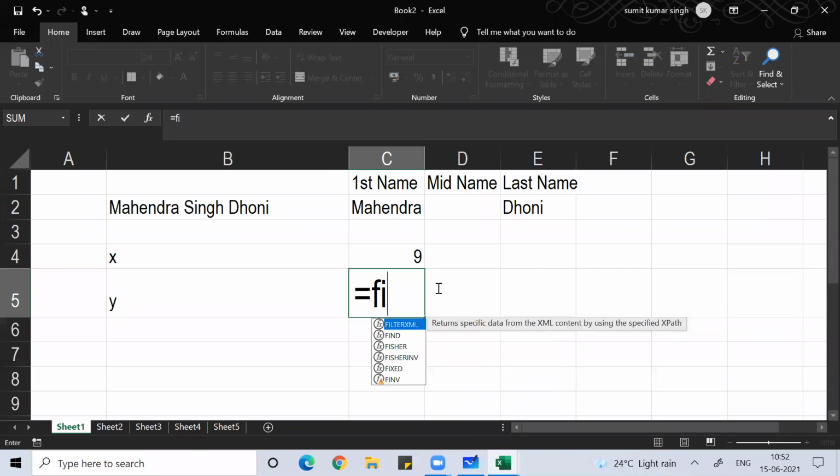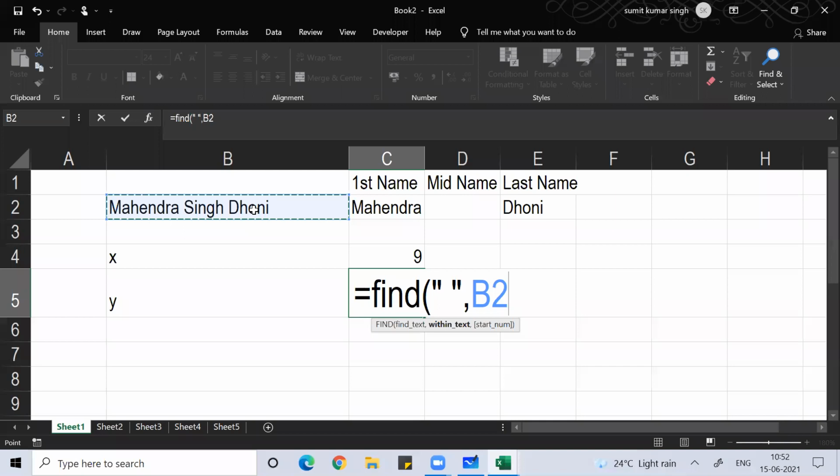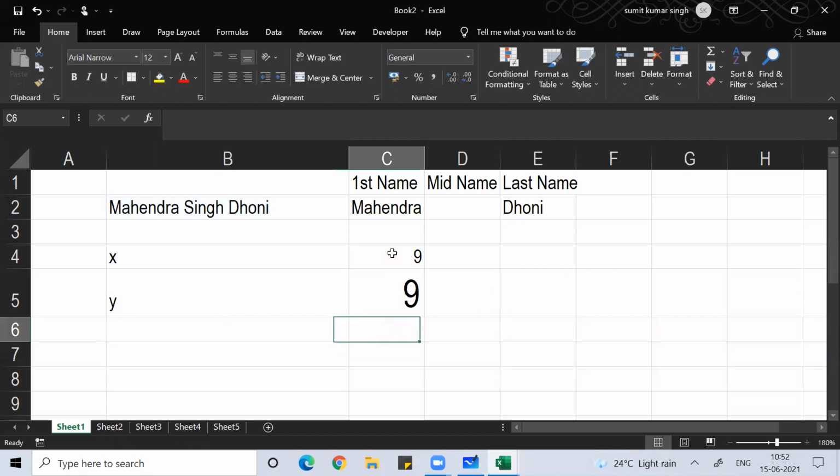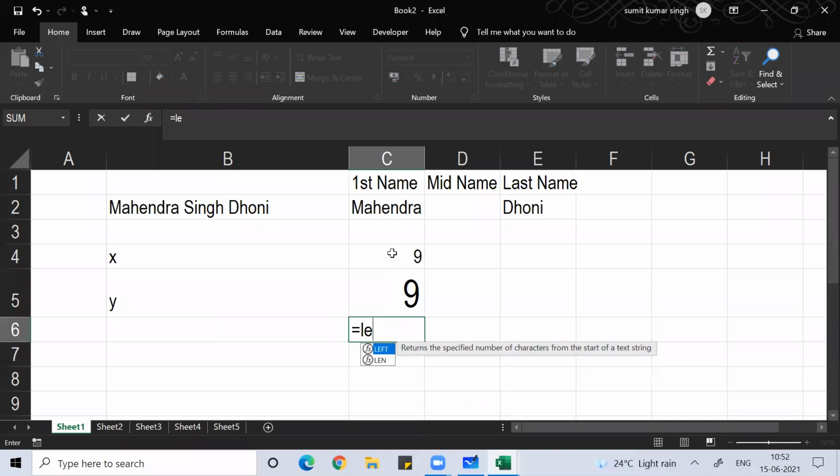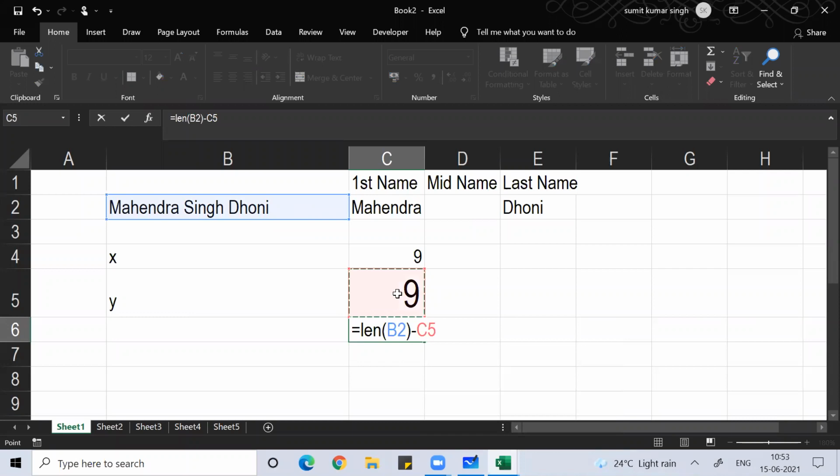Find double quote, space, double quote, then comma, and if I put the starting number as 9, it is giving you the value 9. Then I use the length function, minus find, minus 9. So what will it do?